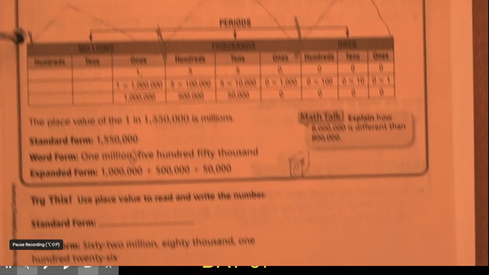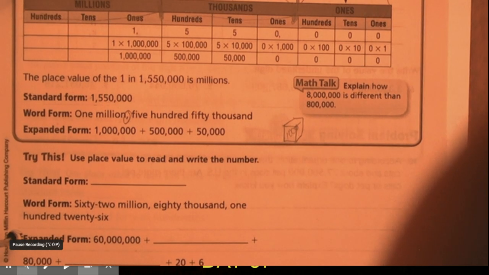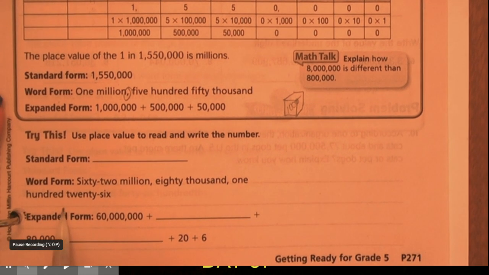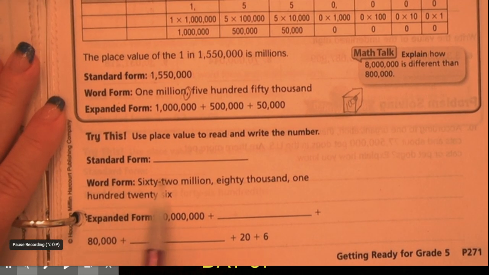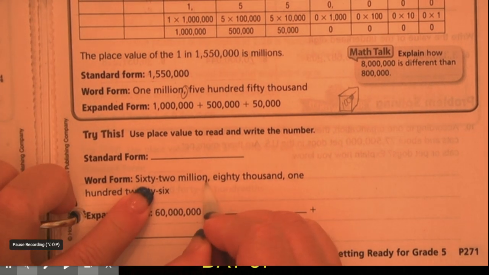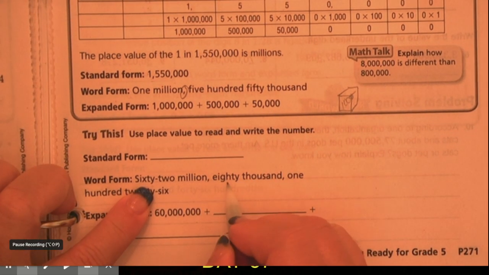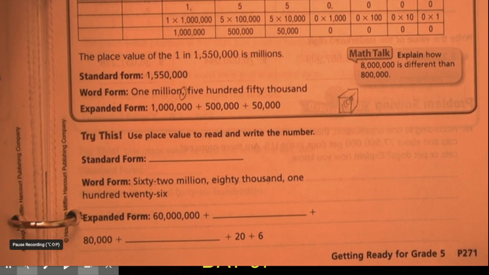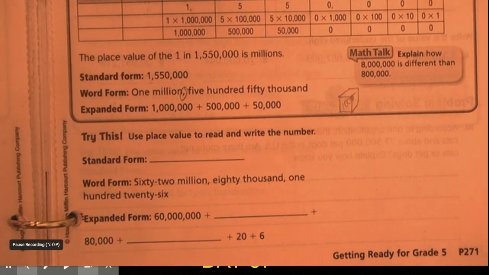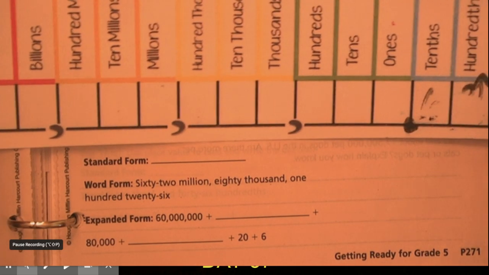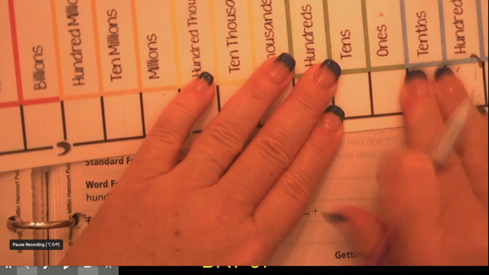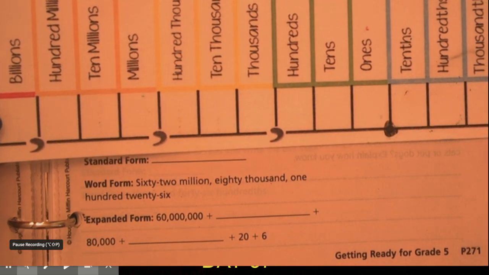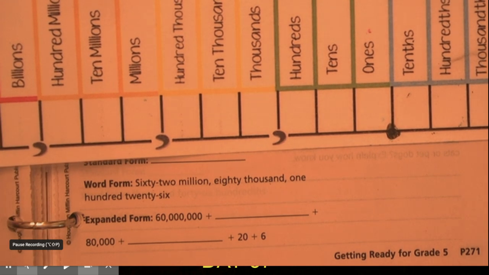So let's try this. Use place value to read and write the number. Standard form, word form, expanded form. So it looks like they're going to give us the word form. I see 62,080,126. So working on a place value chart, here we go. If I was to write this into where it goes, which I'm going to do for you right now,